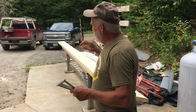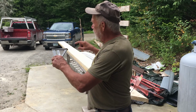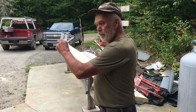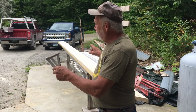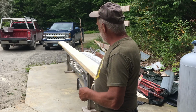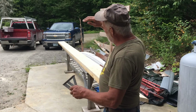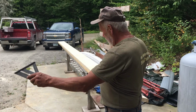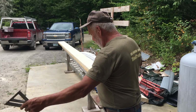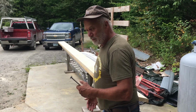Then further on, without getting too involved, there'll be a knee wall down at the bottom that comes up, forming a triangle on both bottoms. So you've got 4 triangles: the entire rafter, the collar tie creating a triangle, and down at the bottom a knee wall, rafter, and floor creating a knee triangle. All these words. Anyway,